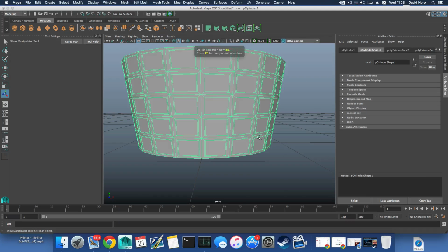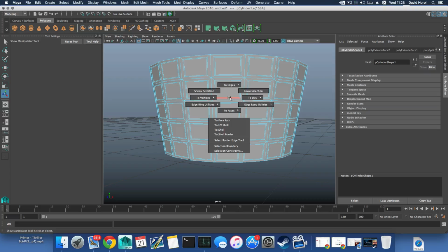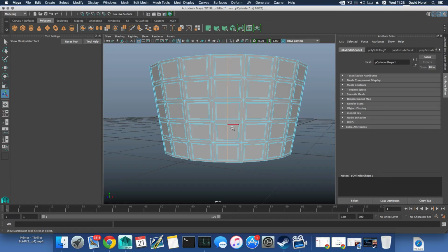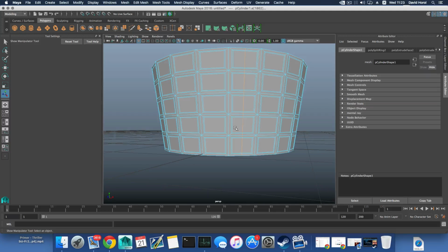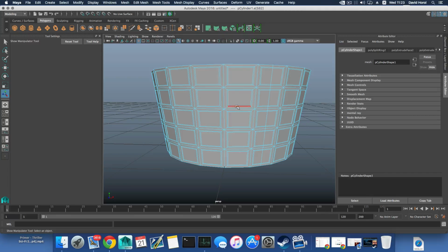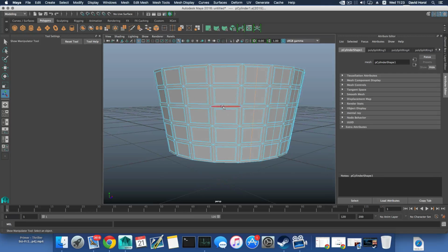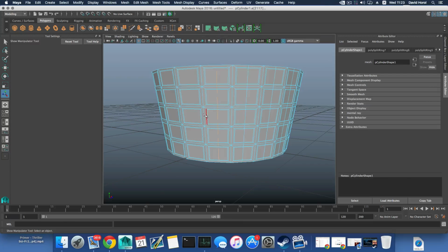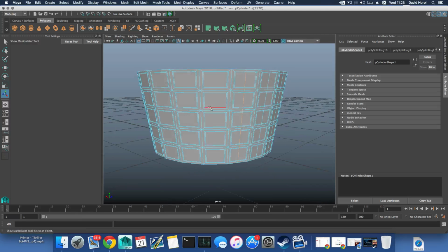I'm gonna press F8, bring it back to object mode, right click, choose edge. Let's grab this edge, control right click, edge ring utilities, to edge ring and split. So we will have something like that. So we're gonna grab each one of them and press G now, just to repeat the same thing. And like so, like so, like so,